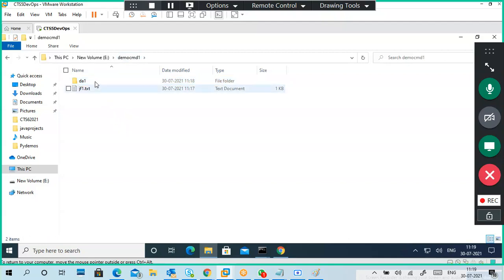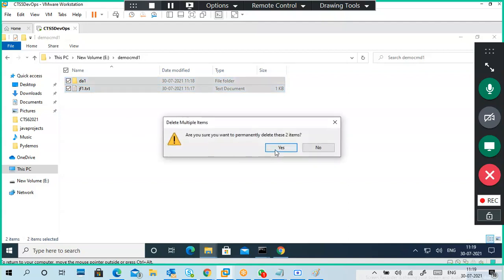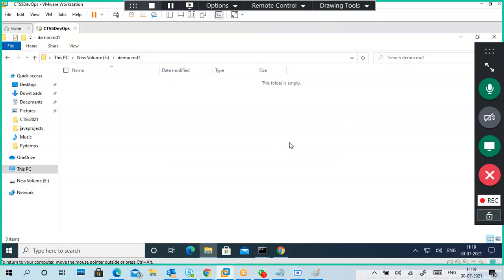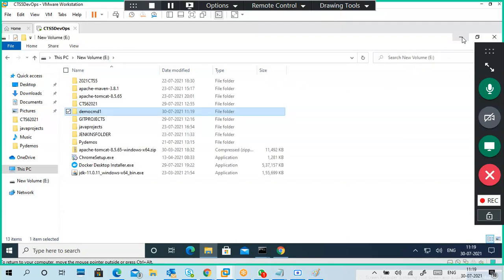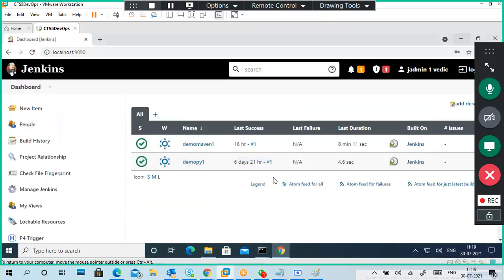What I'm going to do is first delete these two things, because I'm going to do it again with Jenkins. So I'm going to create a new project, new item.